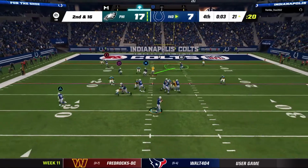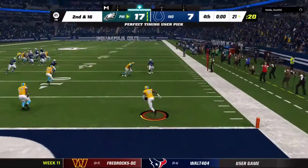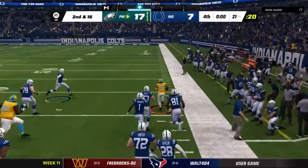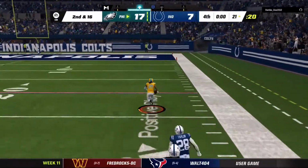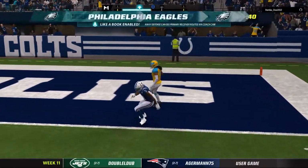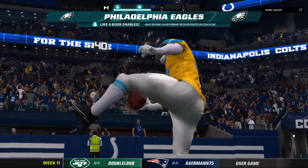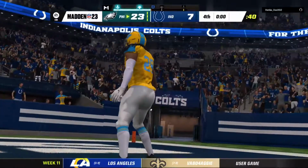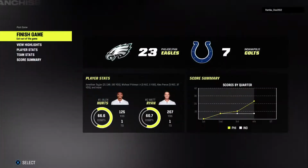One last shot for Ryan. And this is intercepted, and that should do it. Picked off by Avonte Maddox. And he takes this one back into the end zone, and the Eagles defense gets a pick-6 TD. But just to add that to the list of great moments for this defense today, they've really